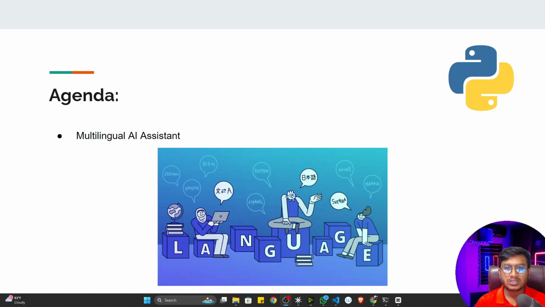See, in our previous project, what was the main issue there? The main issue was that it was conditional based programming. So based on the condition, it was performing the task. But what about any casual conversation? Let's say any casual command, it was not working at that point, right? So the application we'll be implementing right now